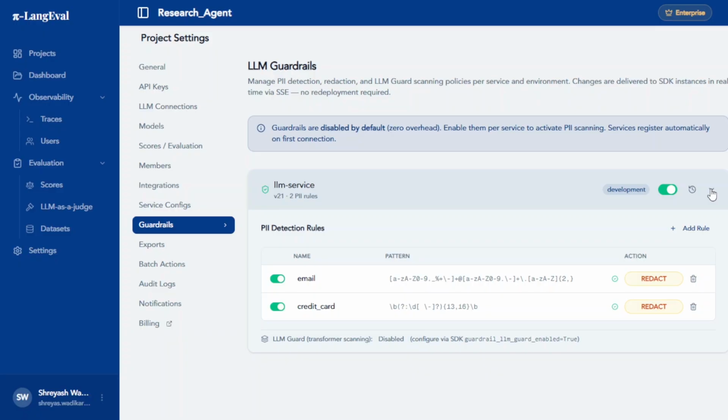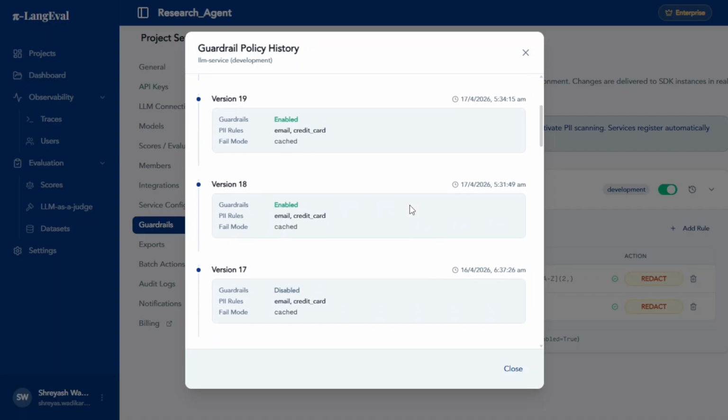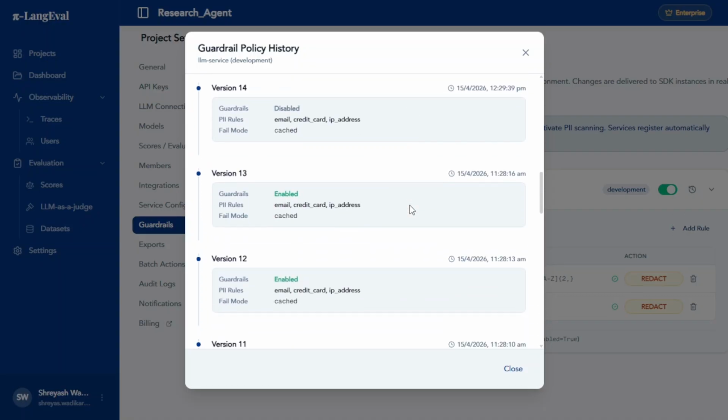Every guardrail policy change is captured in an immutable audit log, recording the actor, the timestamp, and the delta between previous and applied configuration, including the policy version number. This audit trail is essential for compliance reporting, incident post-mortems, and demonstrating AI governance control to regulators or enterprise risk